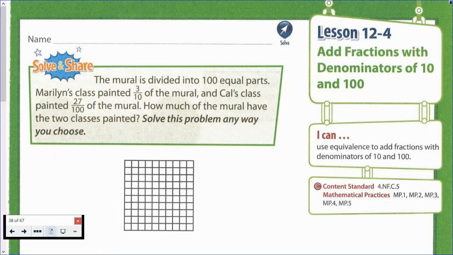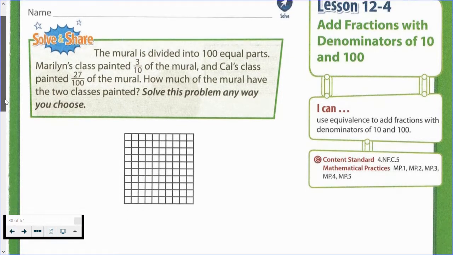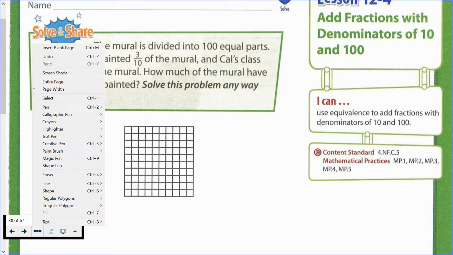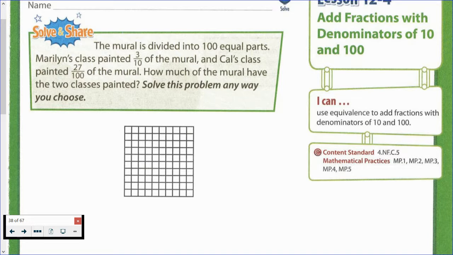The mural is divided into 100 equal parts. Marilyn's class painted 3/10 of the mural, and Cal's class painted 27/100 of the mural. How much of the mural have the two classes painted? Solve this problem any way you choose. So the first thing that we're going to do together is we are going to color in the diagram to